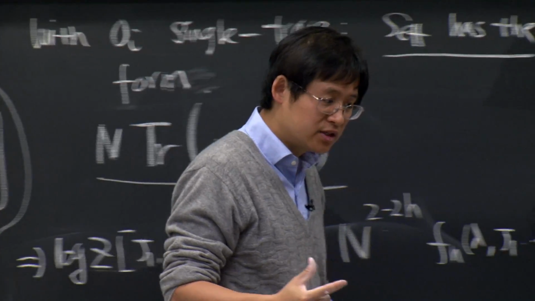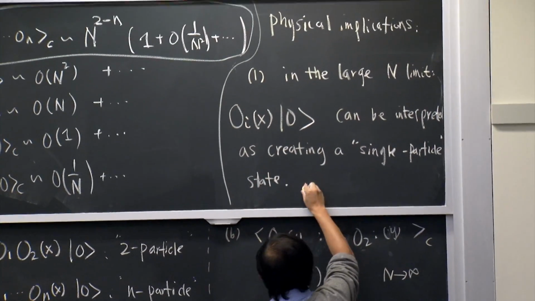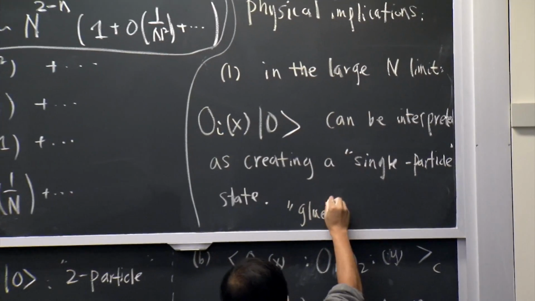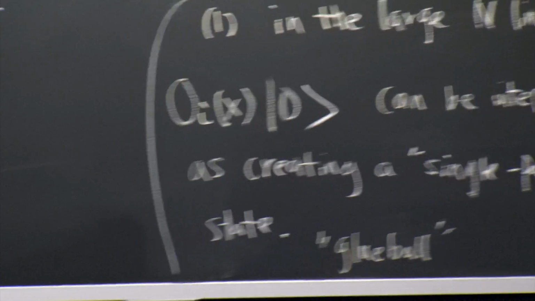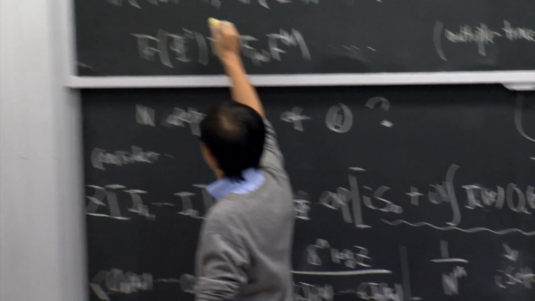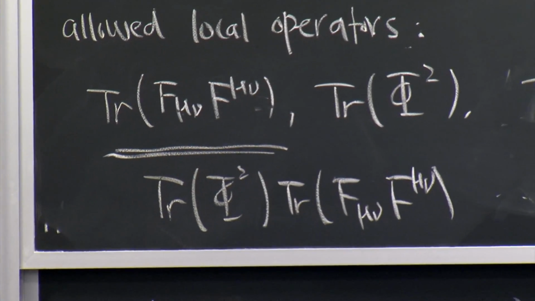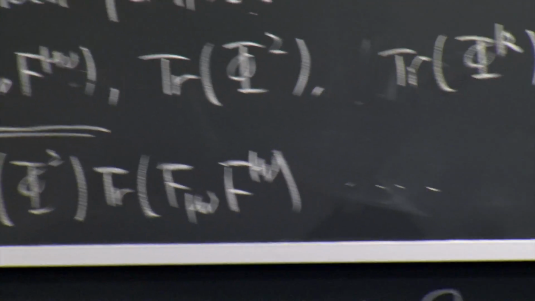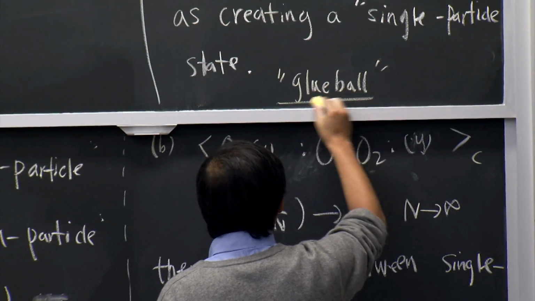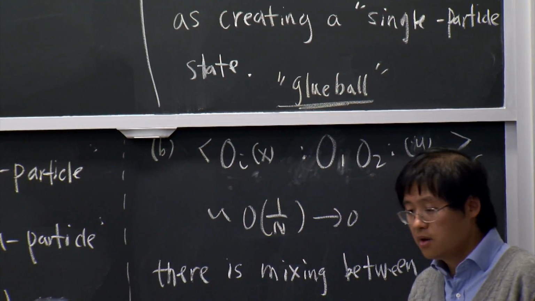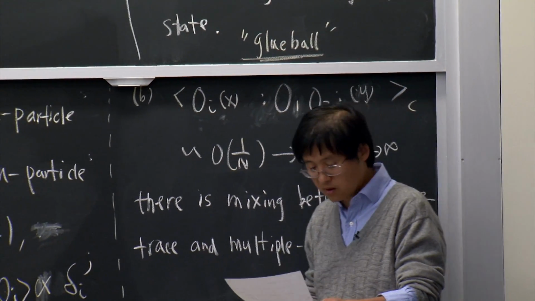So in QCD, actually sometimes such a state exists. We call them glueball states. For example, in QCD, the analog of this kind of operator can create some states which are short-lived, not long-lived. They could decay, and so they're typically called glueballs. So from now on, we just call them glueballs.